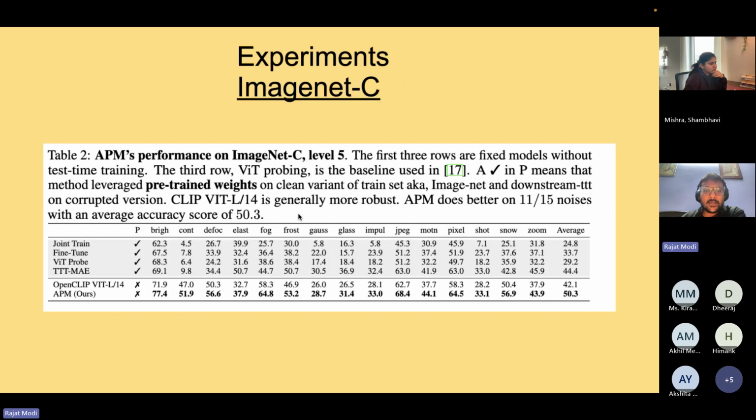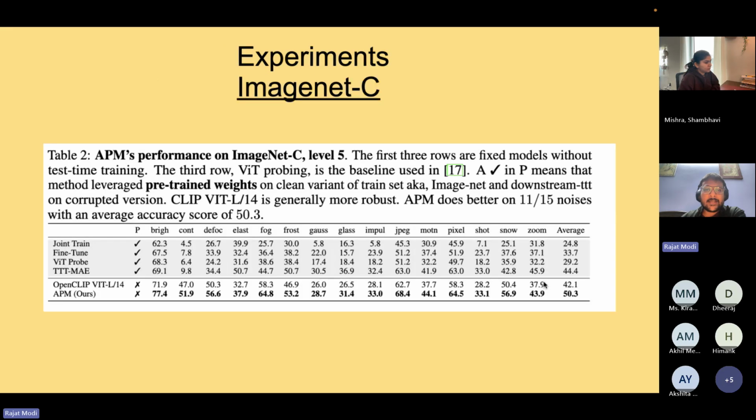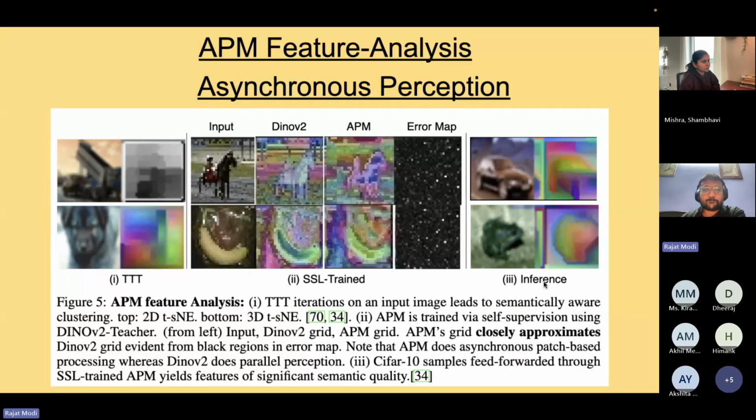Similarly, you can see it across all the noises of ImageNet-C. ImageNet corrupted is just 50,000 test samples, but they are subjected to different noise severities. I am showing this for 15 such noises, and it will also generalize to other datasets. In this case, we were able to outperform, I think, 5 of all the datasets which are present here. So consistent gains with this network.